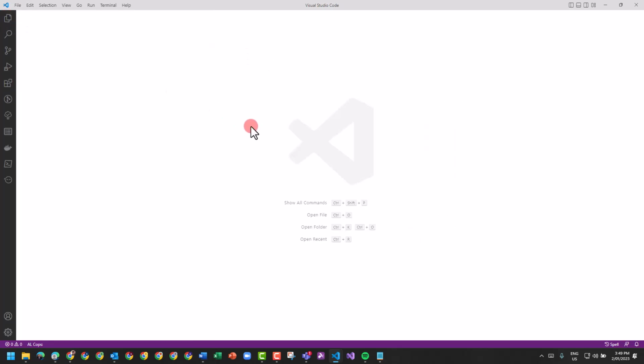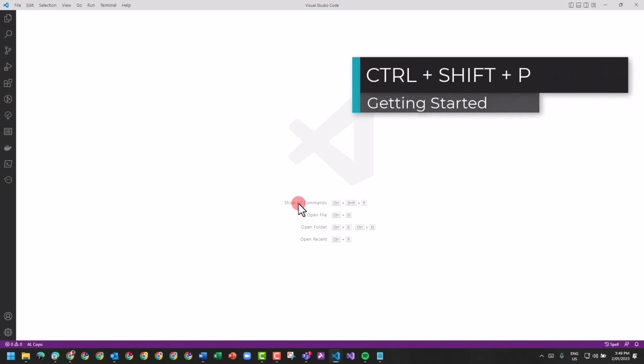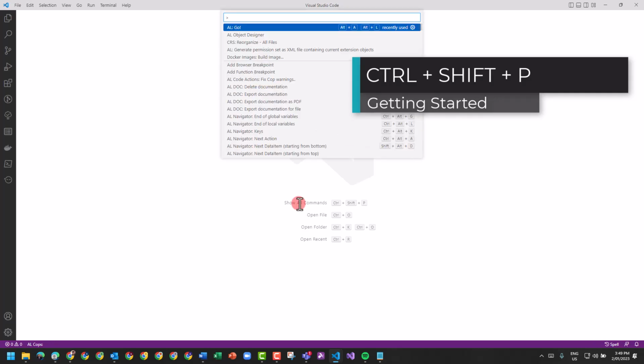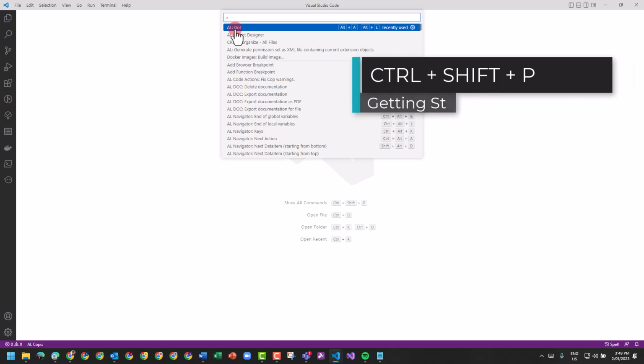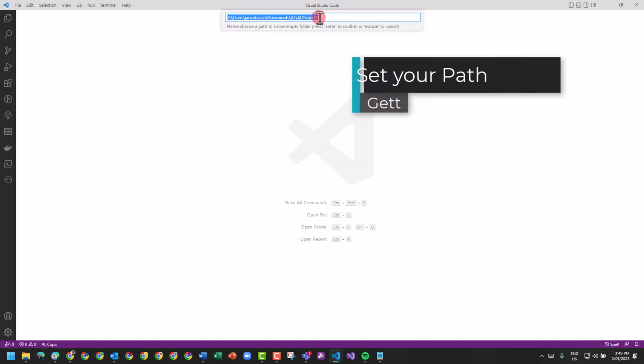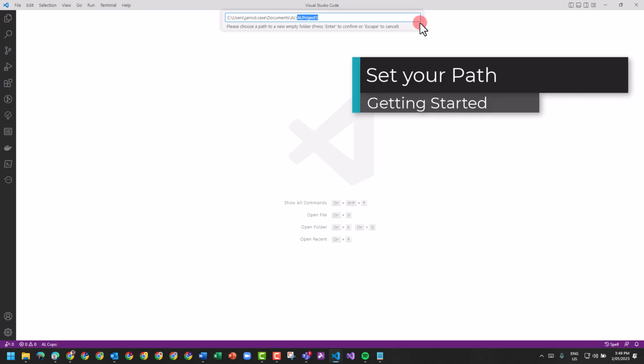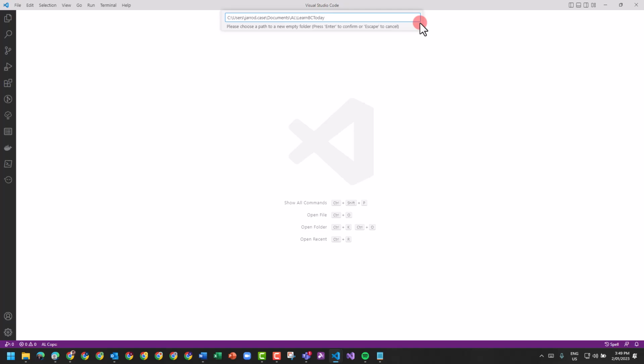So I've gone back home. We're getting started. So, all right. It says here, show all commands. We need to start from the command bar, and we're going to use AL Go. Now from this, I'm going to create a project, and this project will just be called Learn BC Today. Okay, I'm just using the default repository directory. Now, when I'm using the full integration into Azure DevOps, I don't put things here, but just for this example and for you at home when you're trying this out, this works fine. We're going to use version 10,